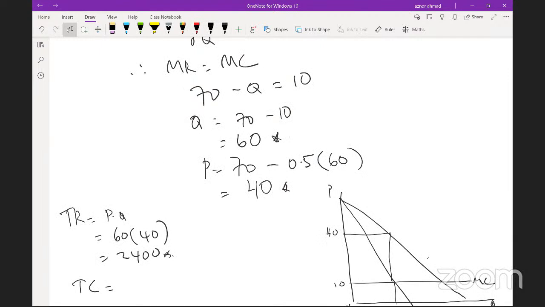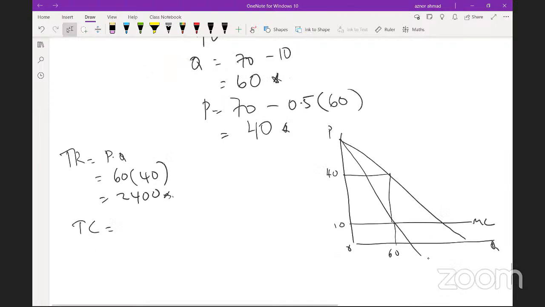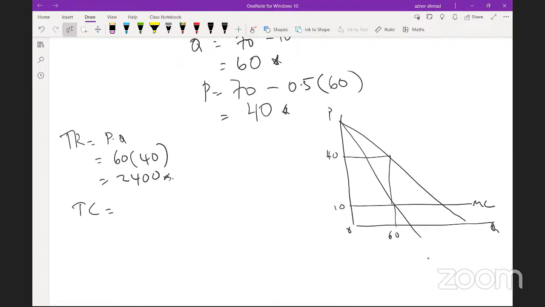So normally if you're given like this, to make it easy, we assume there are no fixed costs. There are no fixed costs. So you are also taking the cost will be as 10, yeah? 10 times with the quantity 60. So this is about 600,